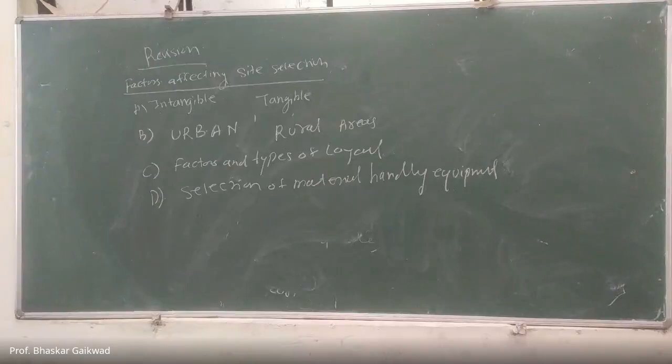So basically, all this equipment is based upon fixed path and variable path. Fixed path: all types of conveyors, monorails, overhead cranes we can use, or belt driven conveyors. And variable path: robots, then tractors, forklifts. Okay, so this type of material handling devices we can use.